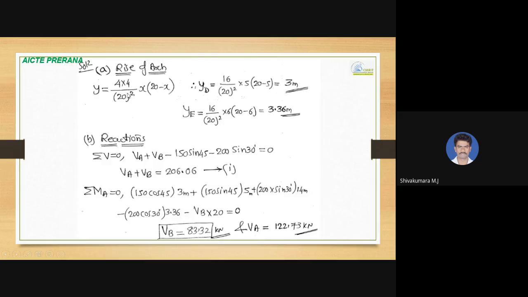We substituted 4 times h divided by L square. L is 20 meters, so 20 square into x into L minus x, where L is 20. Okay, if we substitute the same, we'll get this equation. And then,